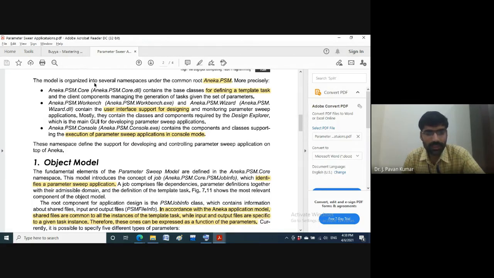What is meant by namespace? A namespace is nothing but a collection of classes and interfaces. In general, we can consider these namespaces as packages. In some languages we refer to it as a namespace, in some languages as a package. In Java we refer to it as a package.